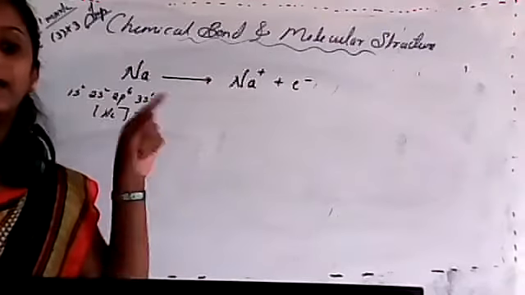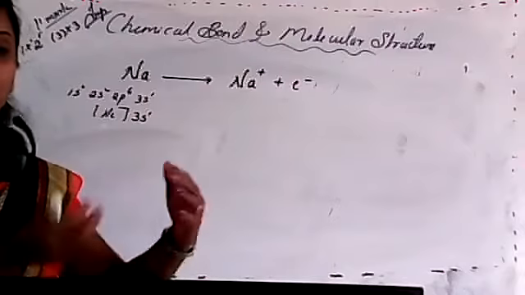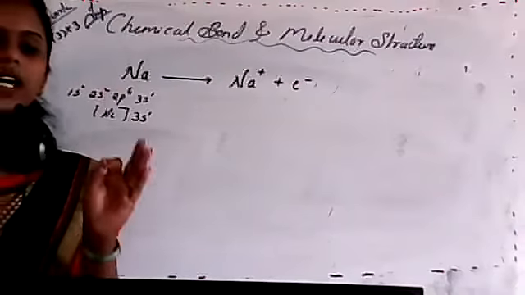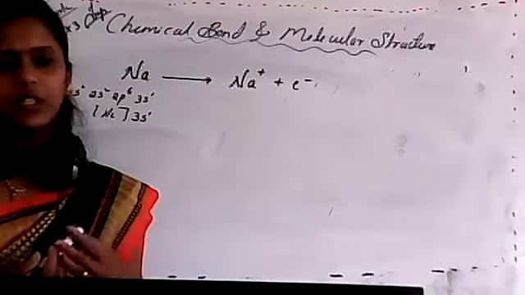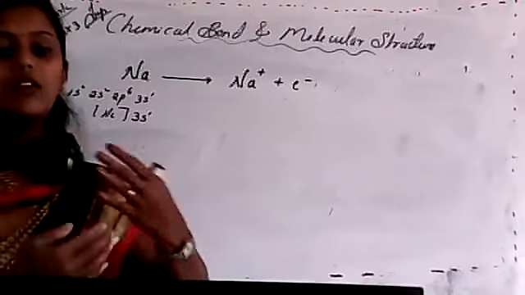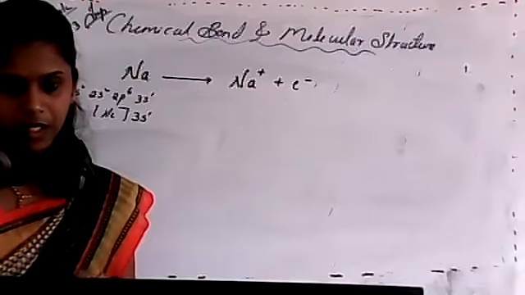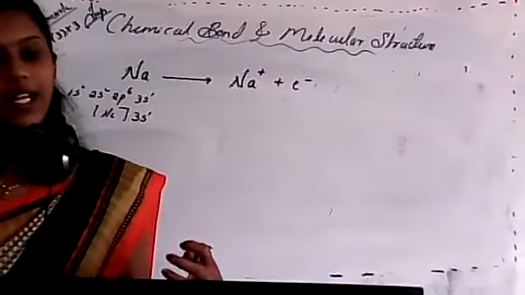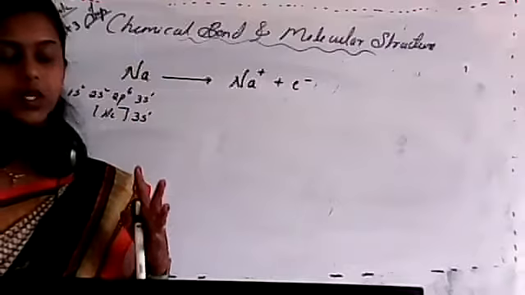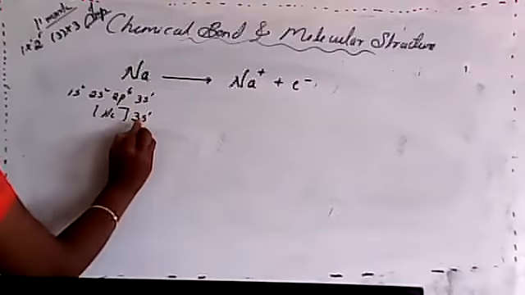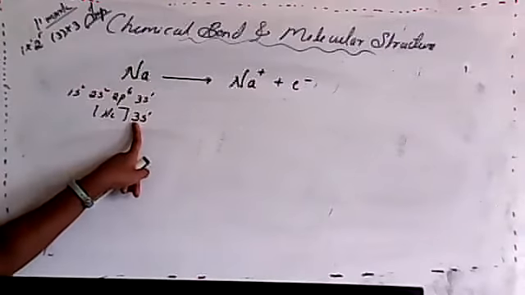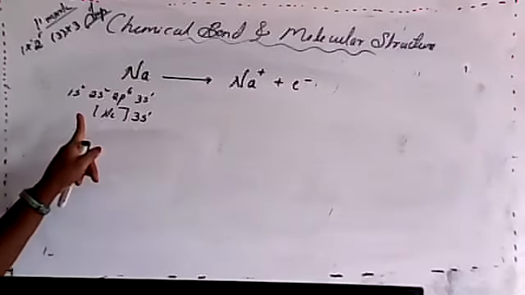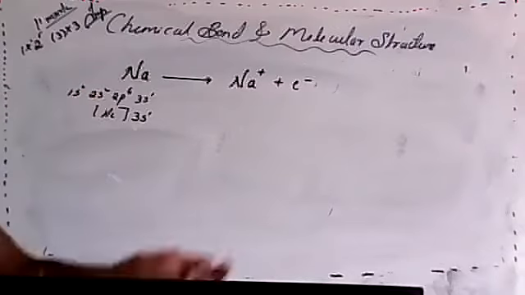It is possible to remove all the electrons, but it is practically impossible. Remember, students, we can remove 3 electrons, 4 electrons, whatever it is, but you have to give more energy to that. Clear? You have to give more energy to remove that electron from its stable state. So that's why we can remove electrons only from the outer shell, which is nothing but the valence shell. This is also known as the valence shell, students.